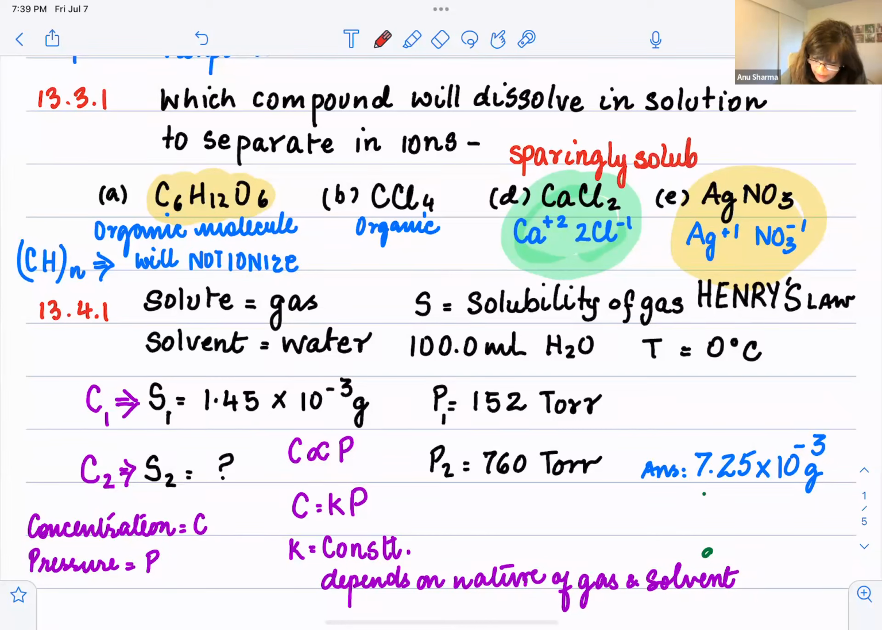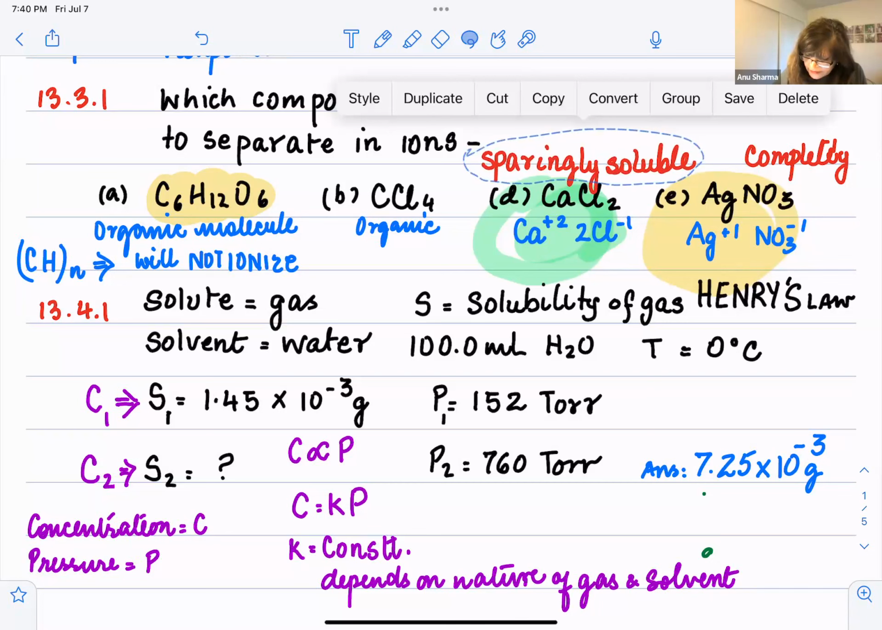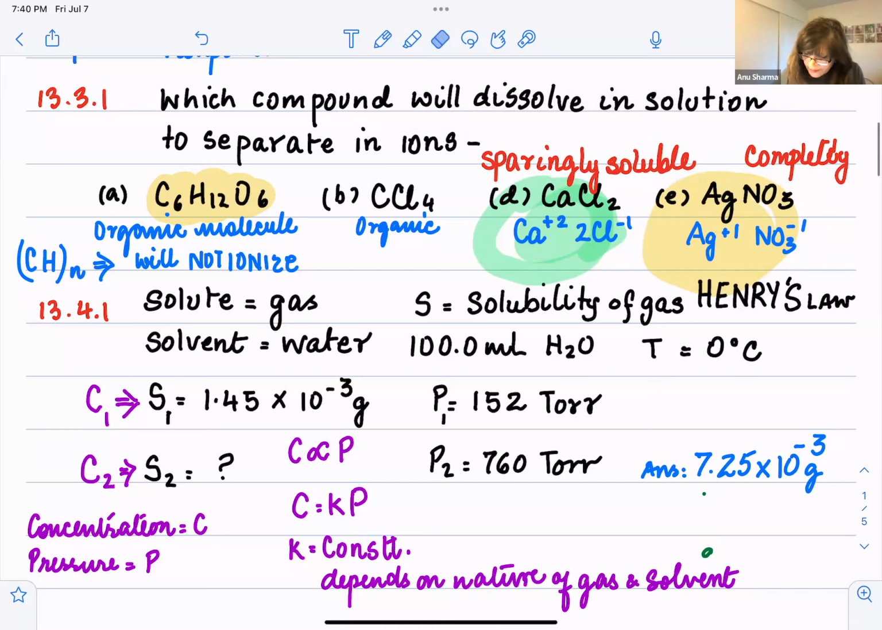Remember that, but this is completely soluble. Okay, let me move this a little bit here. Partially soluble is this. And the other one is completely soluble. Okay. Now we have